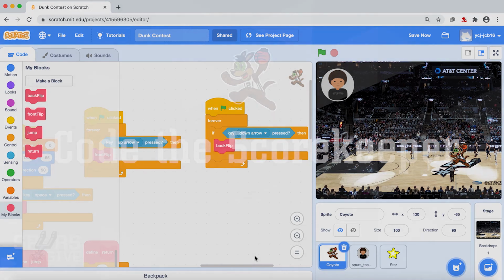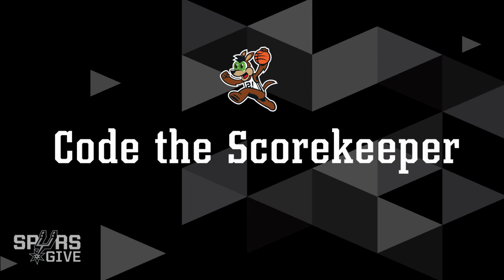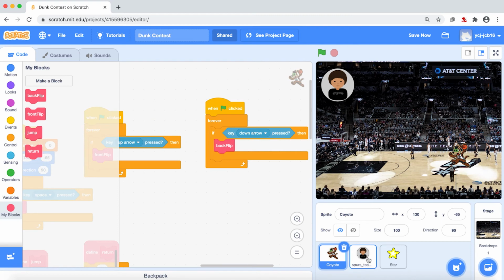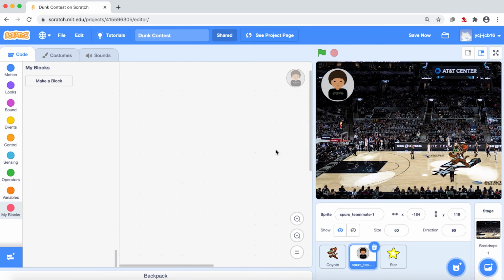So the next thing we're going to do is choose our scorekeeper. To do this, click on the Spurs teammate, I think is what it is, the Spurs player icon here. So that becomes our active sprite, and there's no code here for us. So we're going to do a couple things on this one. The first thing we're going to do is give you a way to choose your player that you want, or